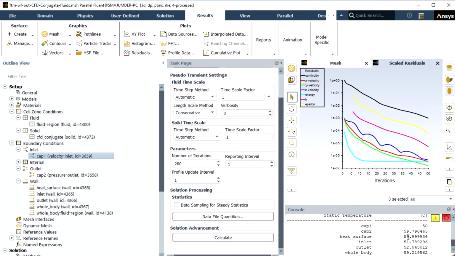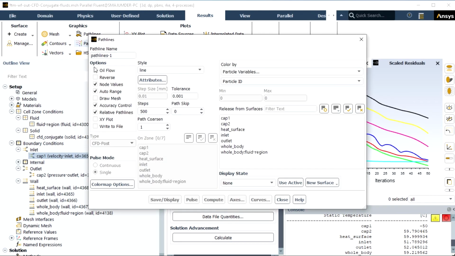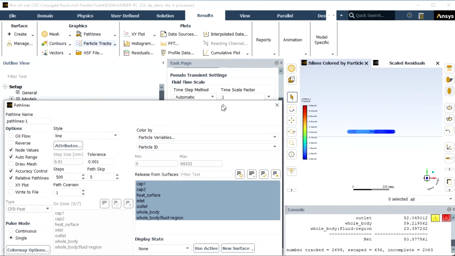We'll see these variations through different contours. First of all, we'll see path lines, new path lines, and we're to see dynamics of flow particles through this model. And we're going to see all this distribution through all the surfaces. Let us display. You can see here